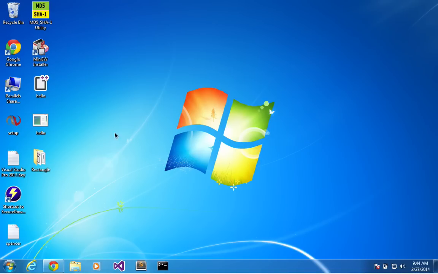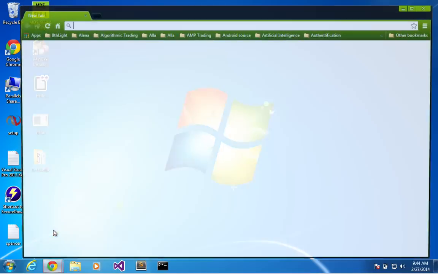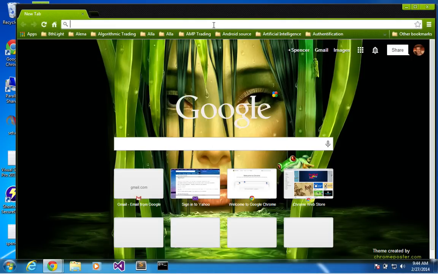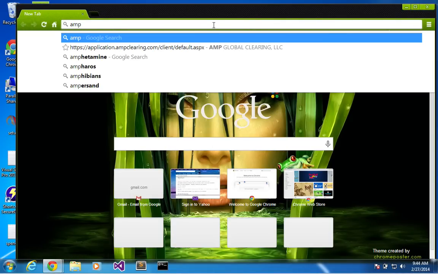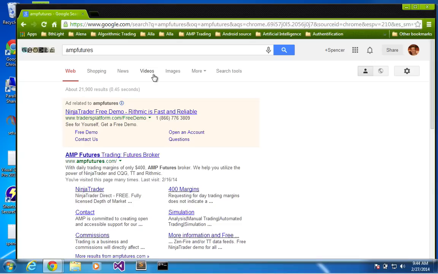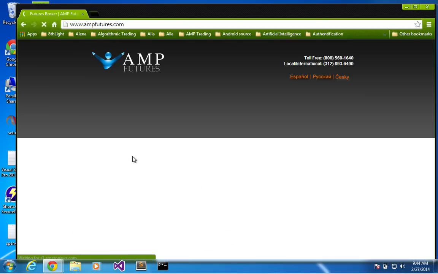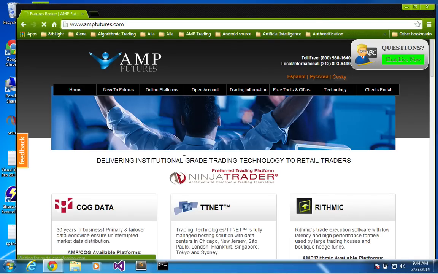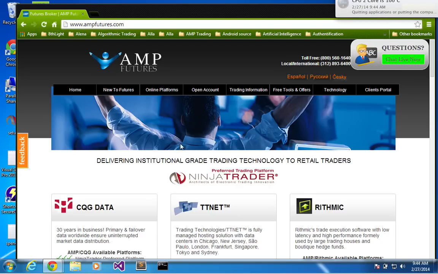How to install NinjaTrader. So basically, the best way to do it is you just go to your browser and type in something like AMP Futures, and this is the way to get a free connection, because NinjaTrader offers both historical free data, and then they offer